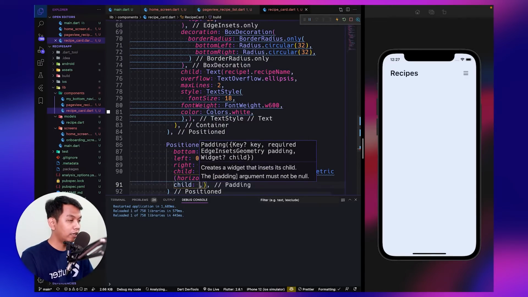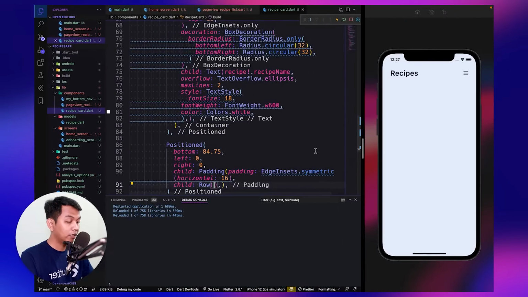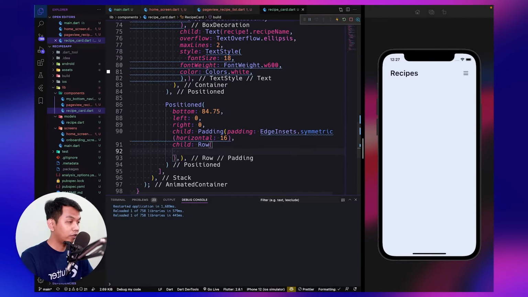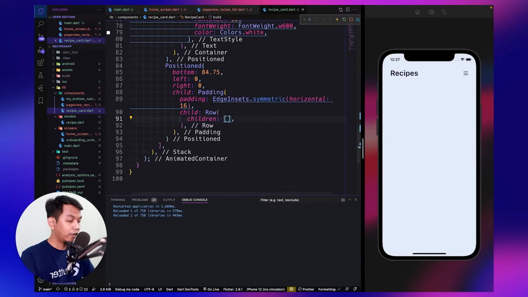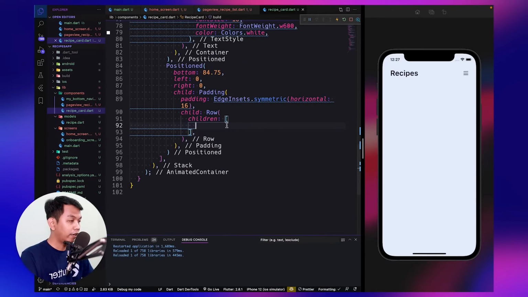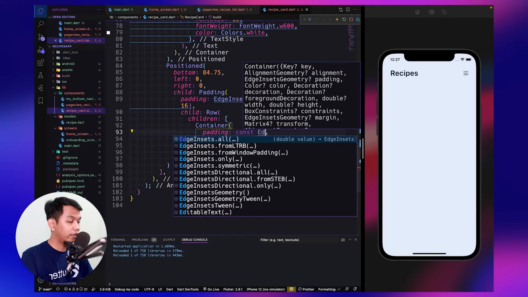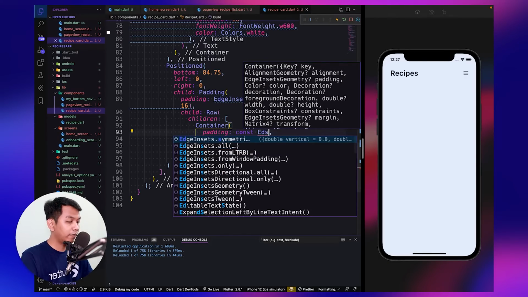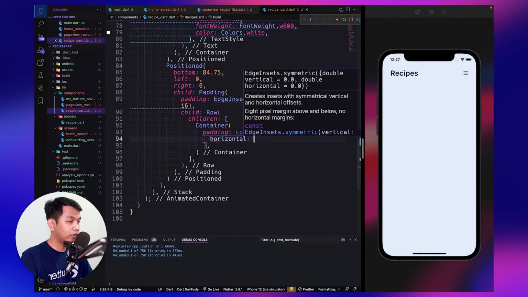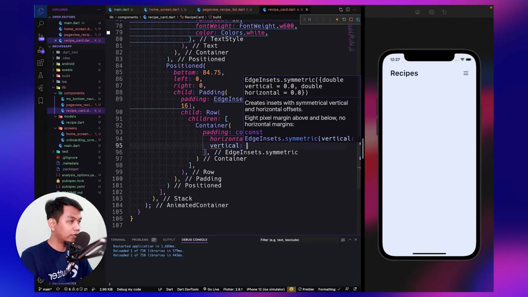For the child we use a Row widget, because we have this and this. For the Row widget we set children, and the first child is a container, because we want to give padding right here, and we use symmetric. The horizontal value is 8.5, and the vertical is 5.